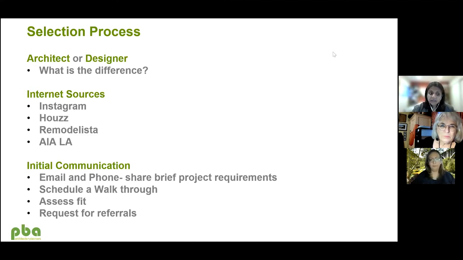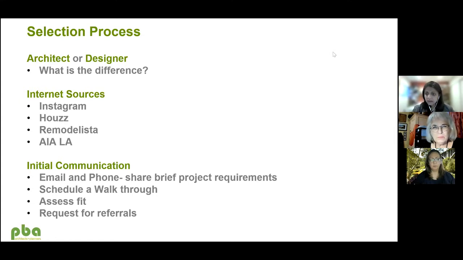If you can, I would encourage you to schedule a walkthrough of the site or the property with them, because architects are visual people, and we all need to be able to walk through the place and actually listen to what your needs are, and what the site is, and what your property has. And then, as you have these conversations with them, you'll assess if they're a good fit for you.